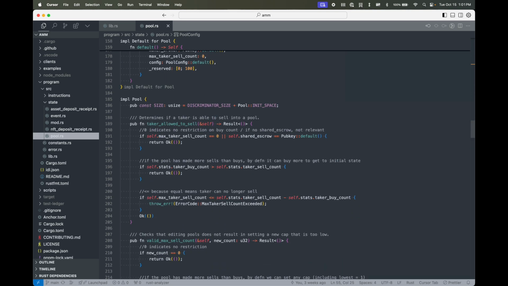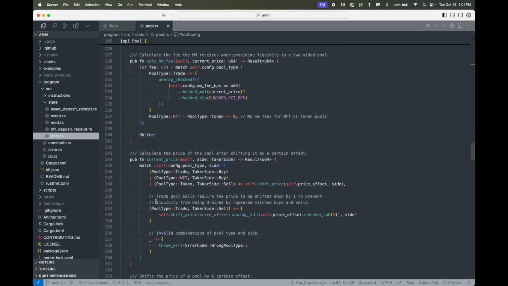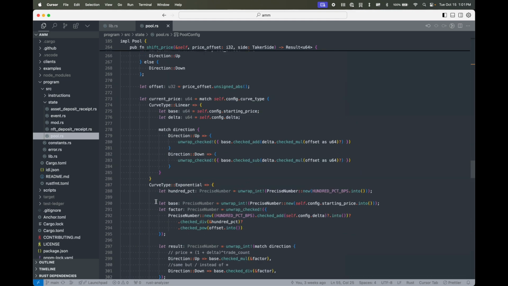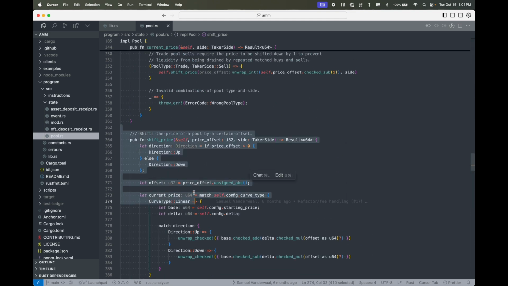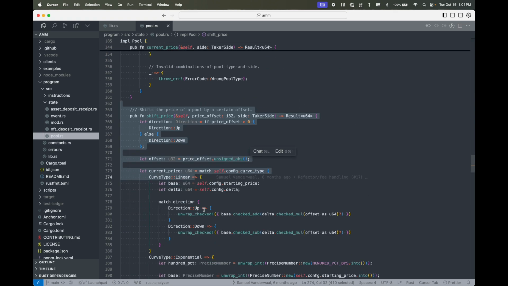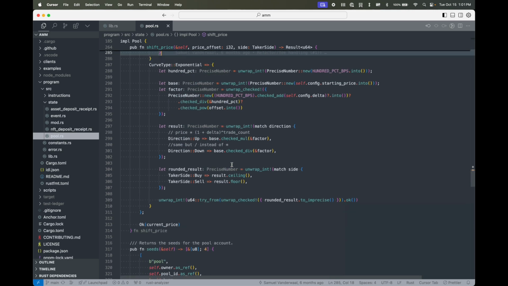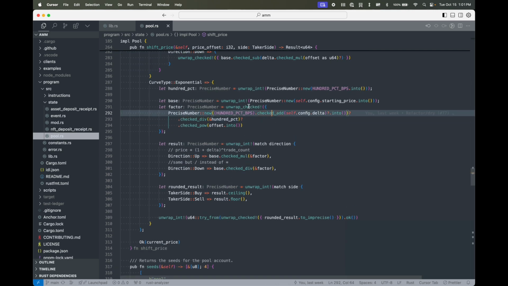And then the pool has some various utility functions for determining price calculations. Probably a good place to look at for auditing is shift price, calculate price, because it does the math for the different pool types. And it should be doing checked math everywhere